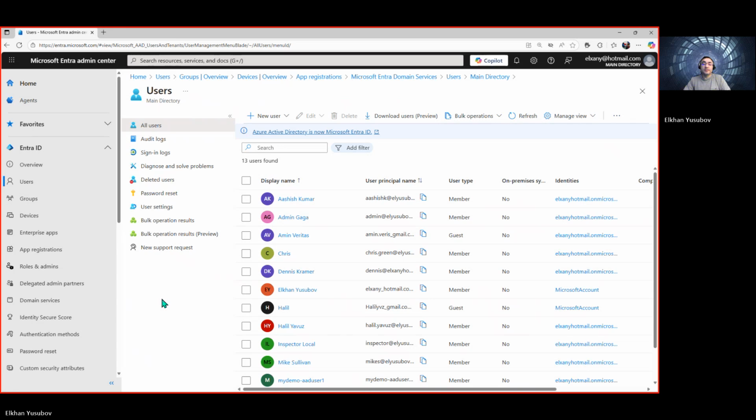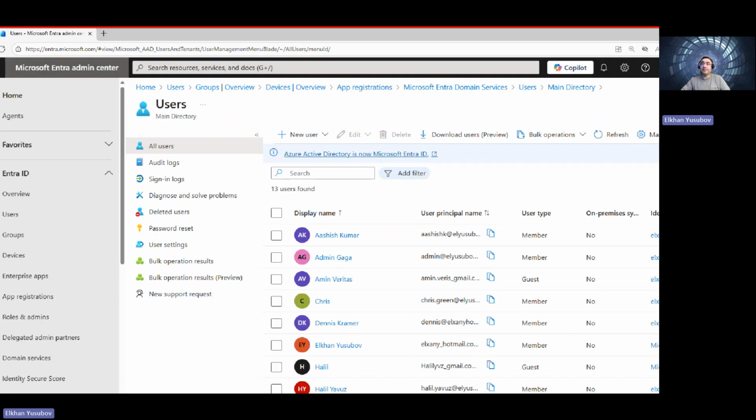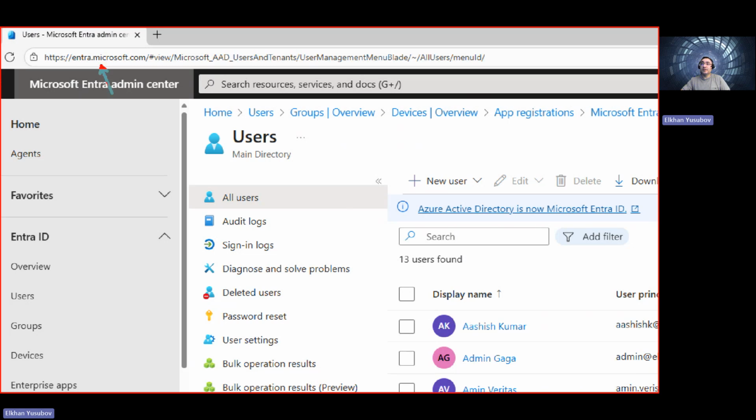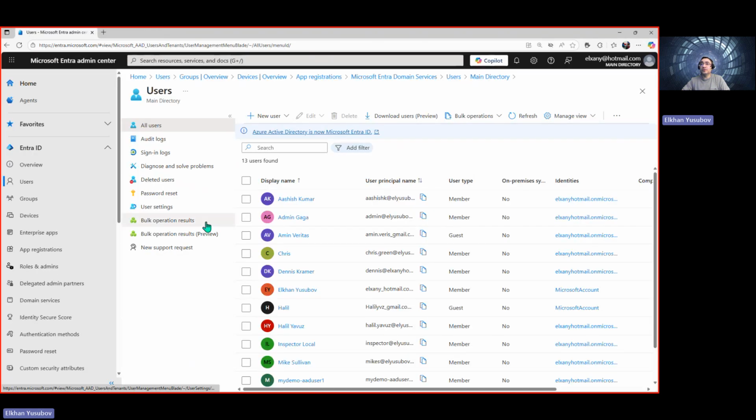Okay. Now we switch back to the Azure Portal. I'm in the Azure Portal environment. It's the Microsoft Entra Portal. And in this Microsoft Entra Admin Center, this is the URL. If you have access and you type this and put in the correct credentials, you will end up in this Microsoft Entra Admin Center. Of course, you can look into the overview and homepage to know details if you landed in the correct Entra ID instance.